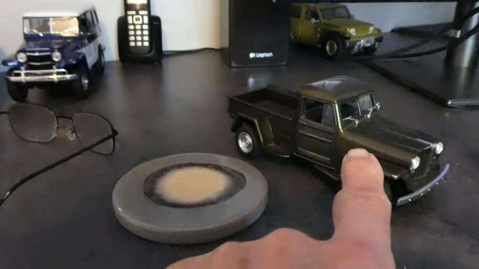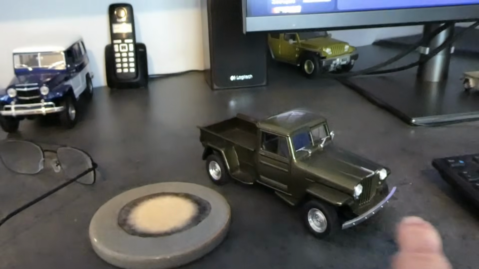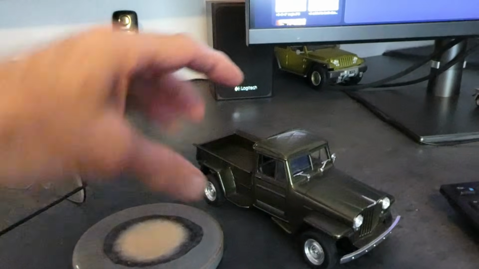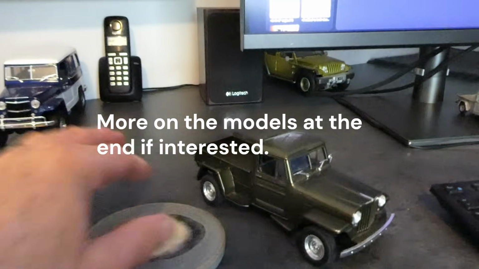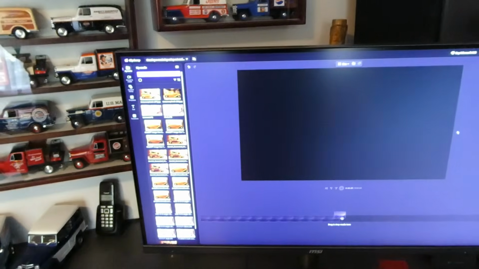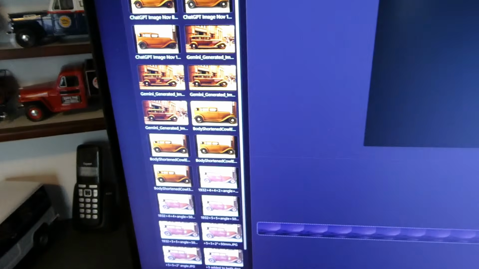Basically I built a 1948 Willys Overland and used parts from a 1958 as well, and I widened the cab and lengthened the cab and built a whole new tray for it, and it's painted this exact colour. So I'm going to attempt to show all these images, put them together in a video,